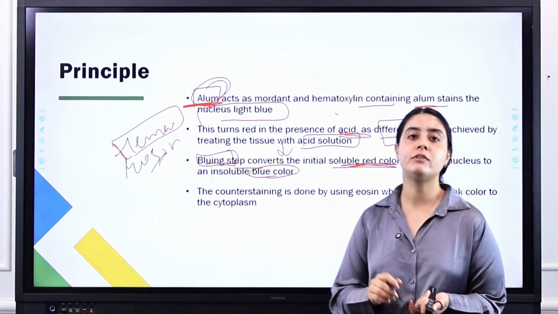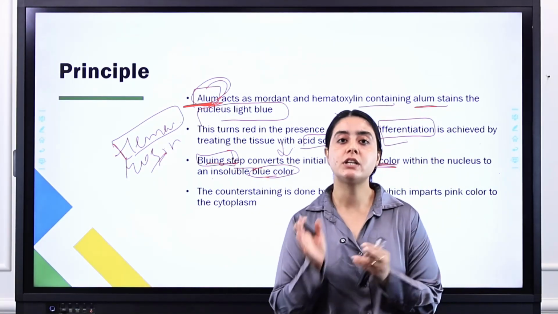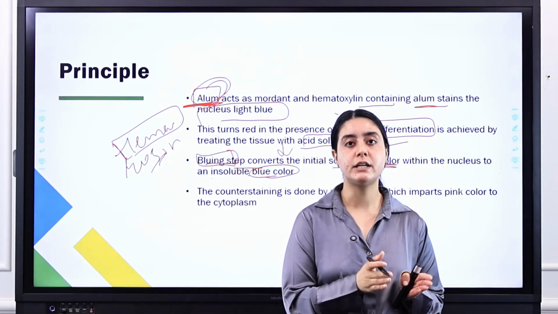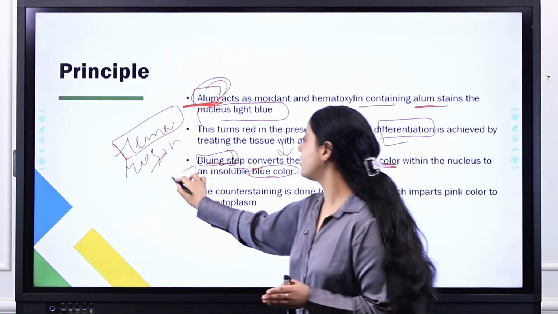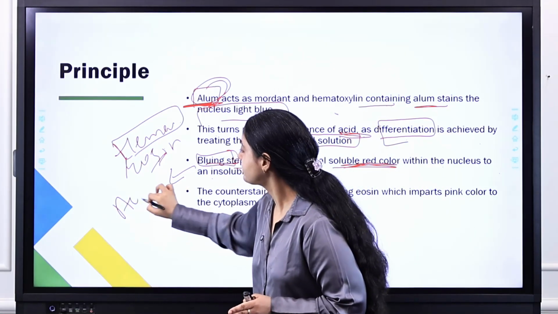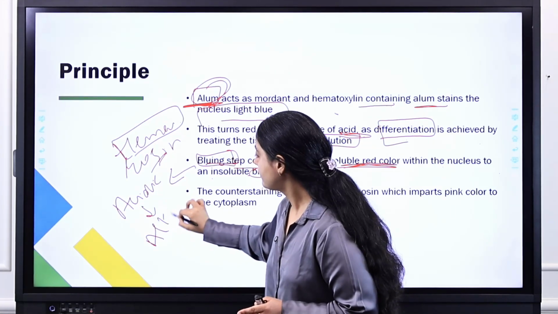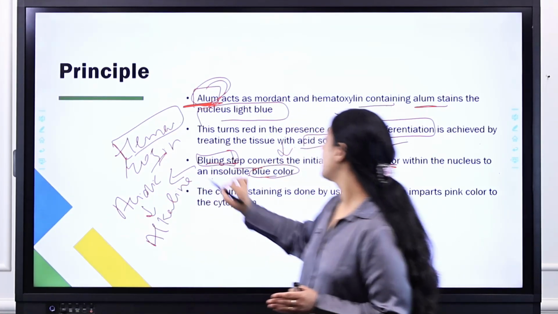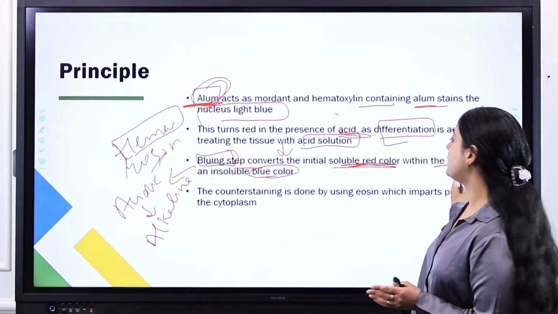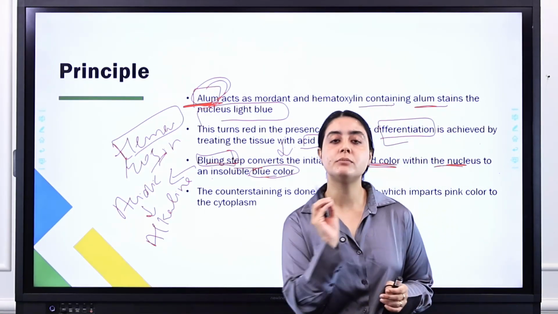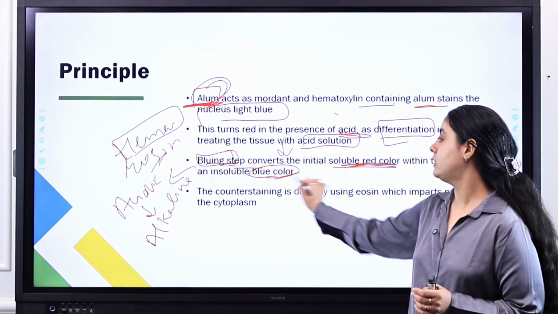The bluing step will change the environment from acidic to alkaline, and it will change the color of the nucleus from red to blue.